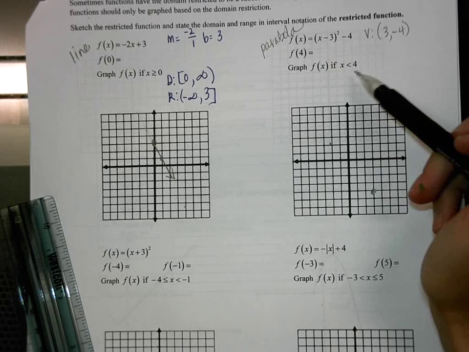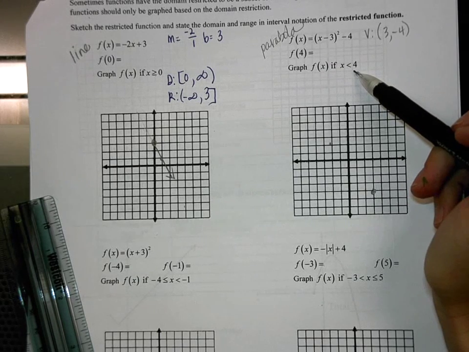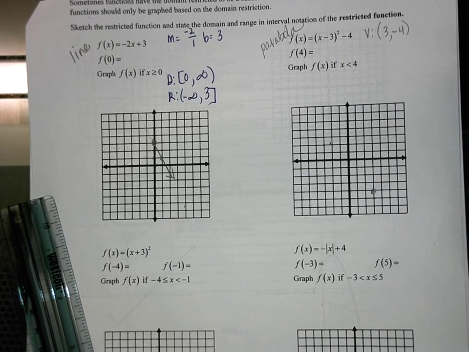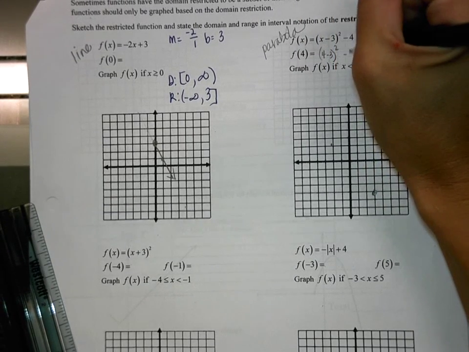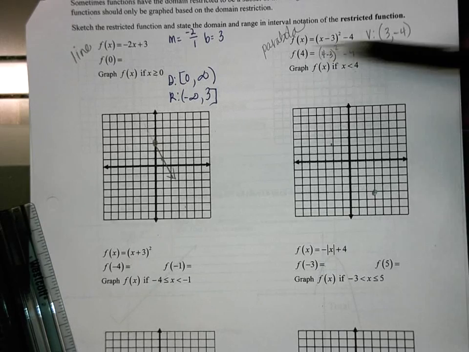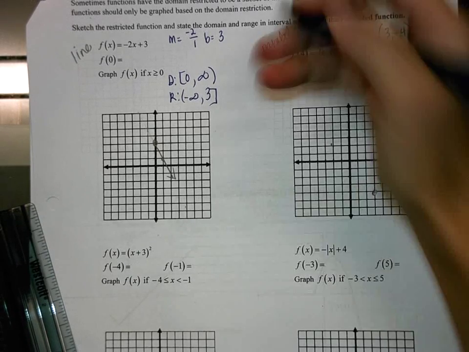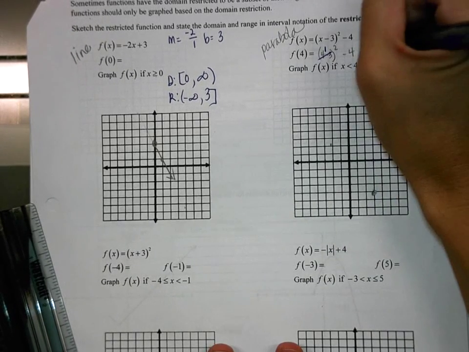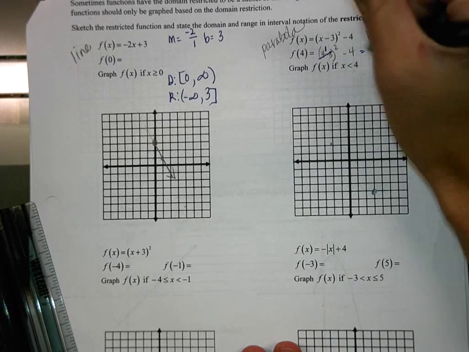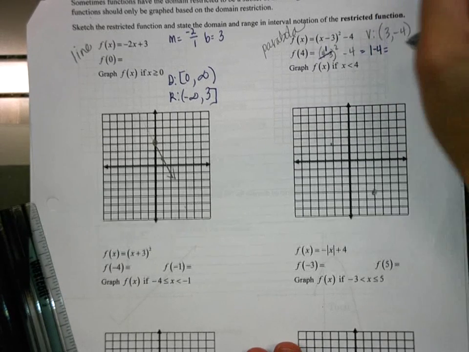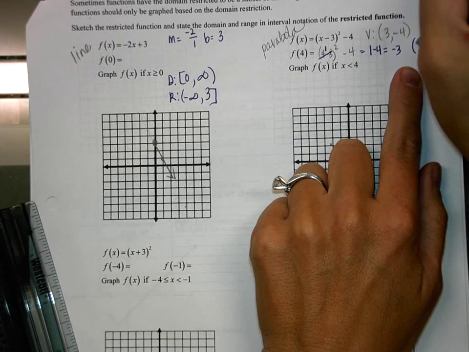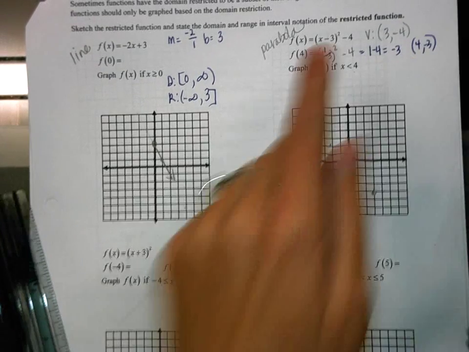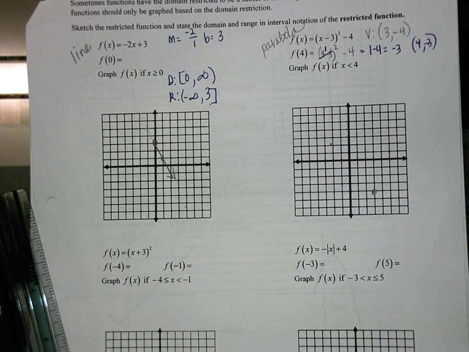Okay, let's go ahead and see here. They're saying that they want x to be less than 4. So we're going to plug 4 into this equation. So we get 4 minus 3 squared minus 4. All I'm doing is plugging in 4 for x in the equation. What is 4 minus 3? 1. And so then we would have 1 squared, which is 1, and 1 minus 4 is -3. So that means at the ordered pair 4 comma -3,